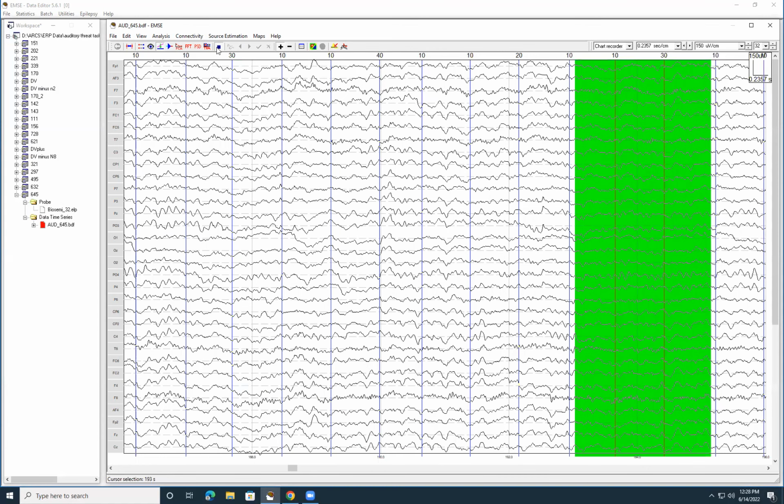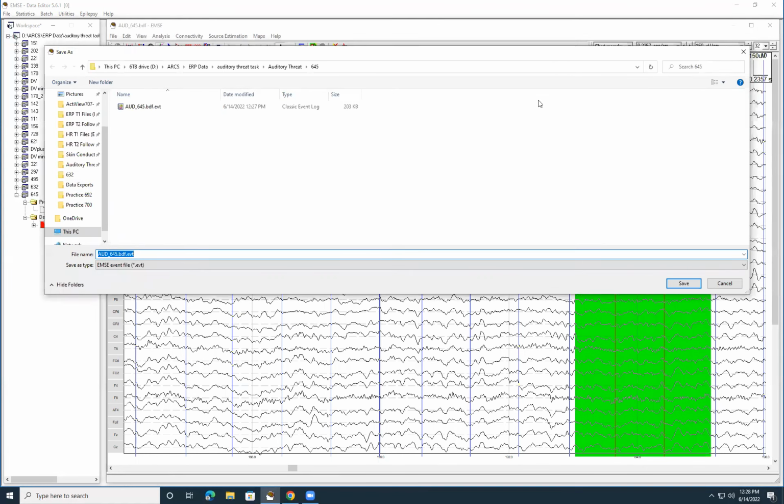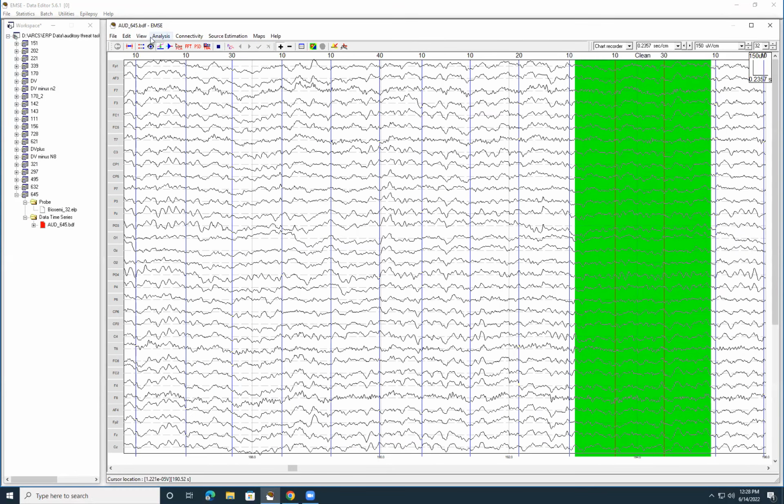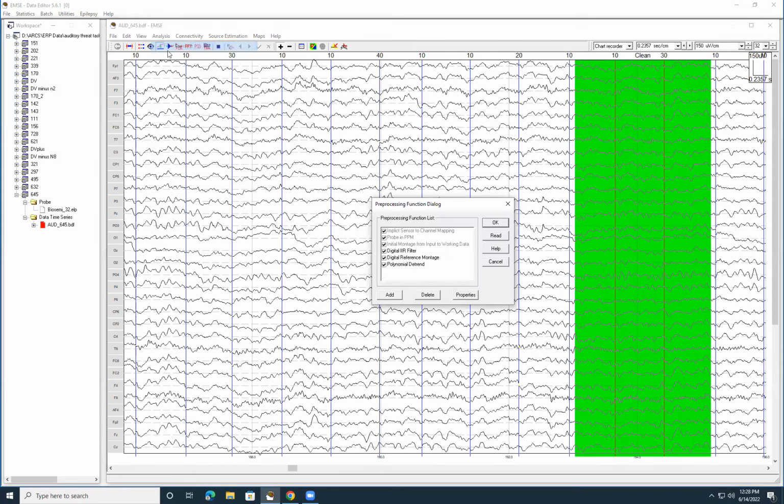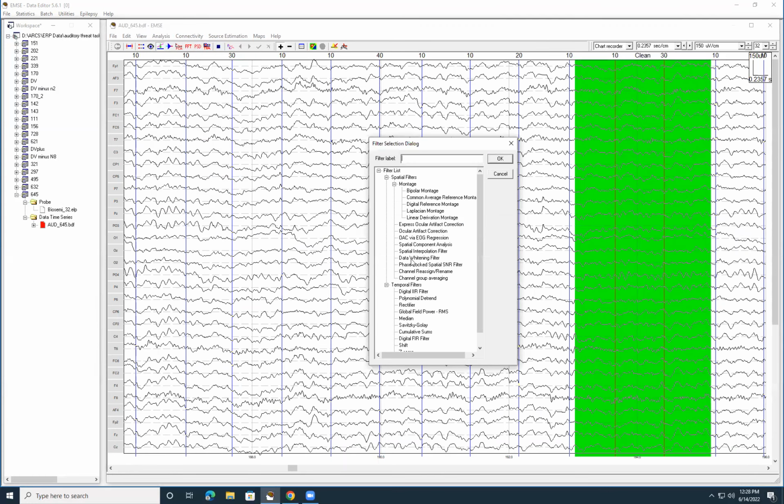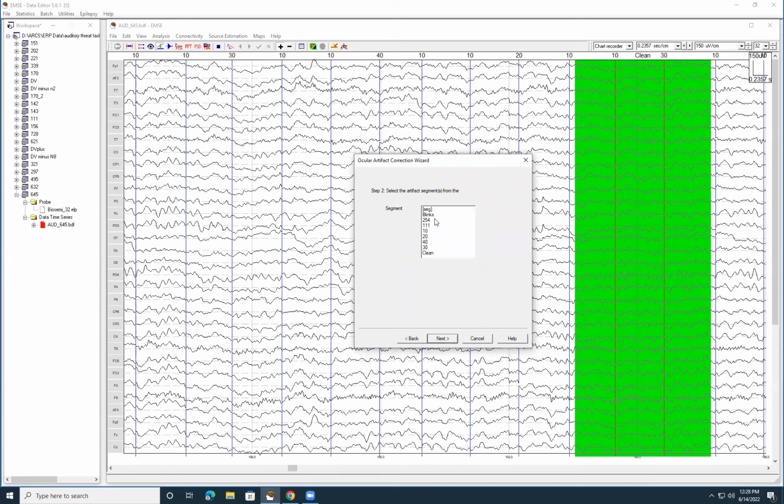All right, now we're going to stop this. This is that saving over thing I was talking about. We're going to go to filter pipeline and add in our ocular artifact correction. Press next, find blinks, next, find clean, next. Do everything except for